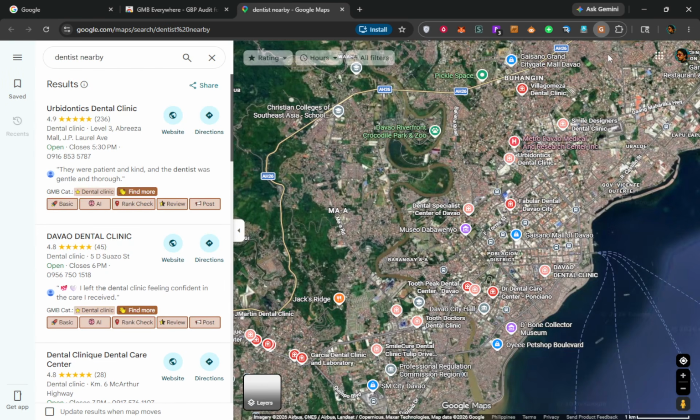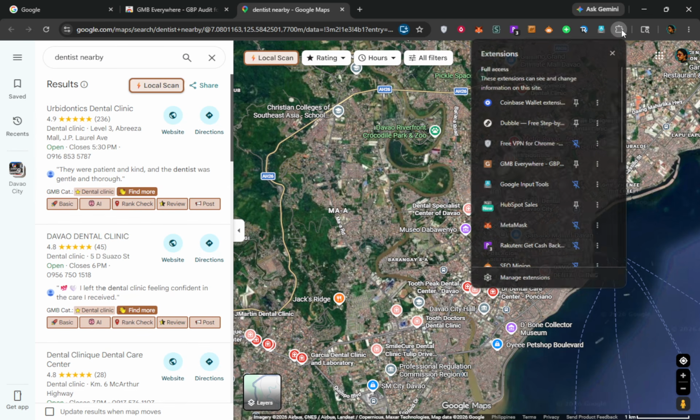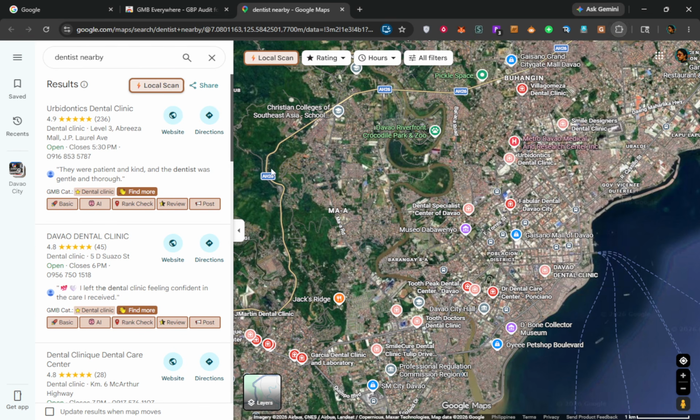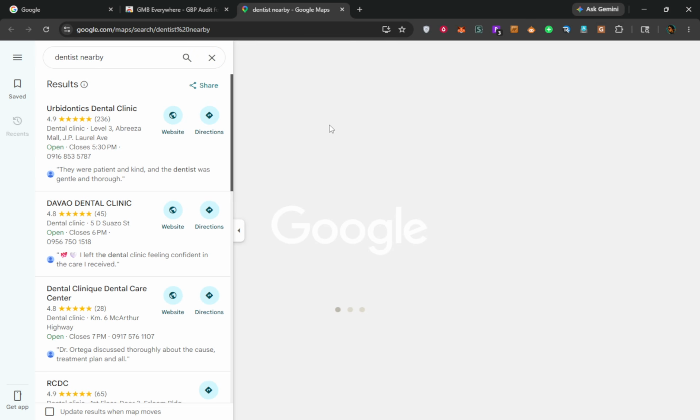After installation, you don't need to configure anything to get started. Head over to Google Search or Google Maps in the same browser. When you look up local businesses, the tool will automatically display extra SEO data right on the page. Expect to see useful information like business categories, competitor category insights, and quick audit buttons that can speed up your local SEO research and assessments.